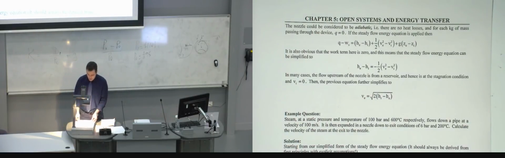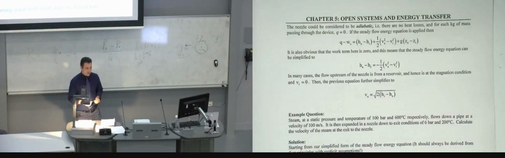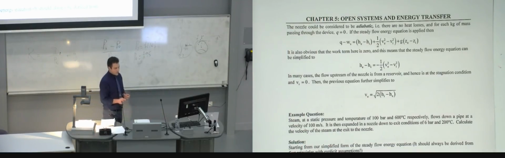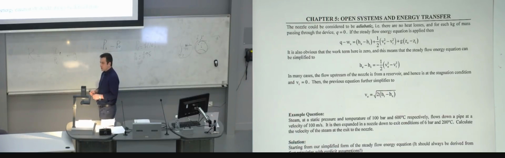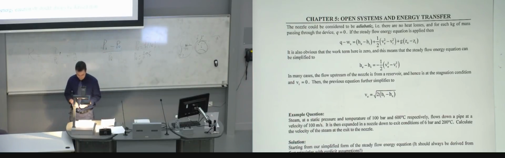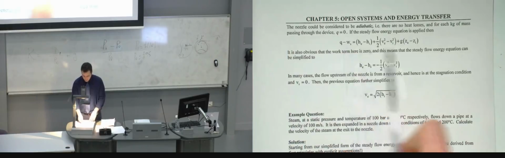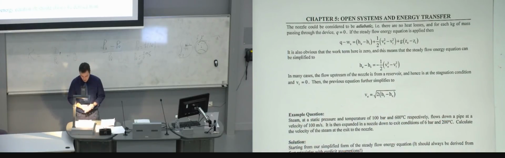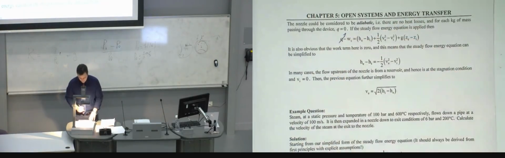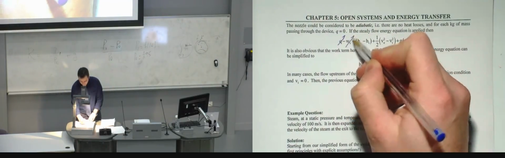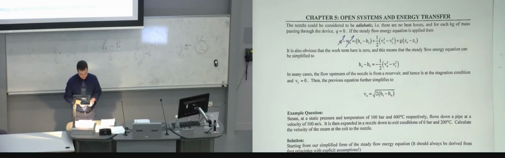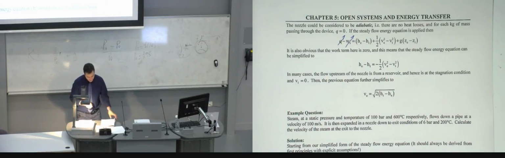So we're talking about an adiabatic device, right? And what we know is that in an adiabatic device, we're going to assume that the heat losses are going to be zero. So when we start with our steady flow energy equation, that's going to go very similar to the valves. We're not going to have any shaft. In this case, that's going to disappear as well. Then,